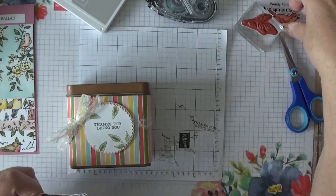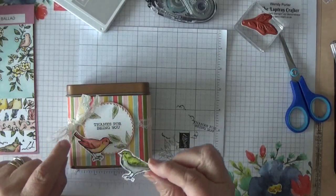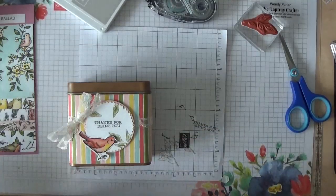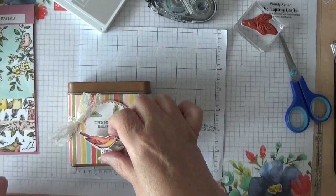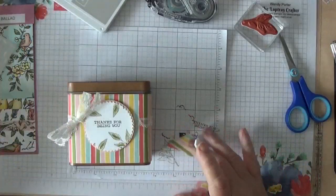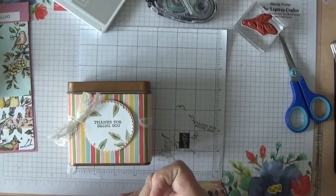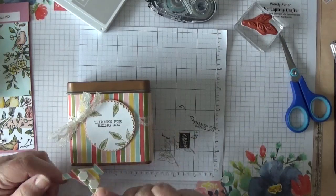Right, now, I was going to use this bird, but because I've put the, what do you think? Oh no, I do like that one better. It's a better colour, I think. So I'm going to put that on with some dimensionals as well, I think. Oh, this might be fiddly. So I'm going to put one up there and one there. One by its beak, and one on its body, and then I might have to put